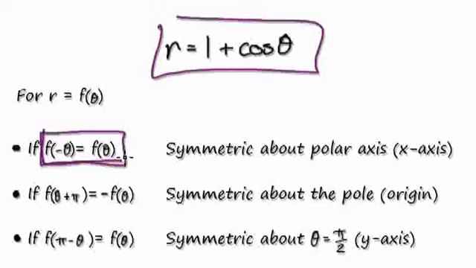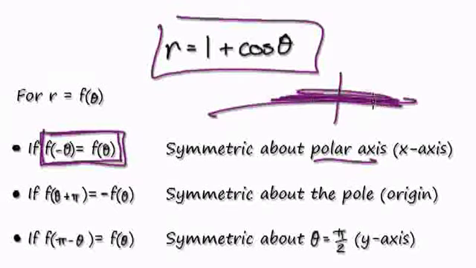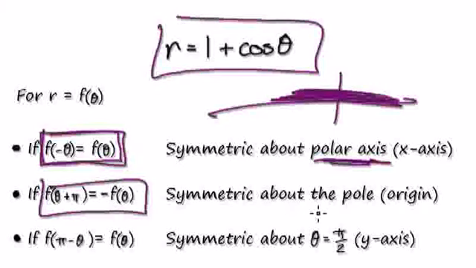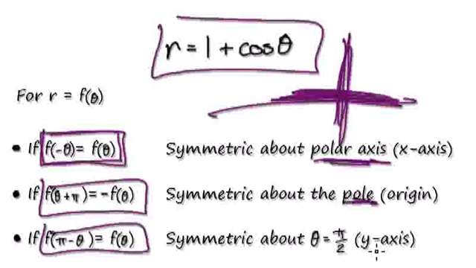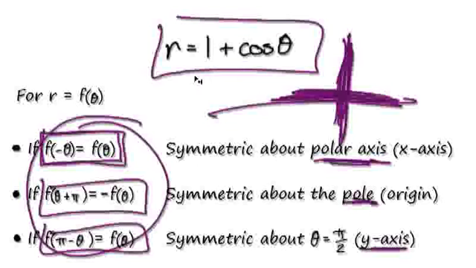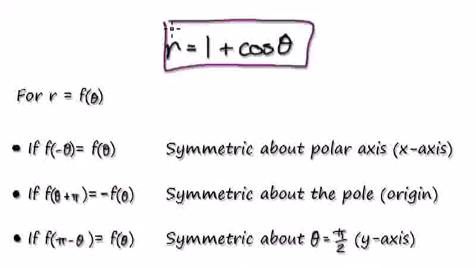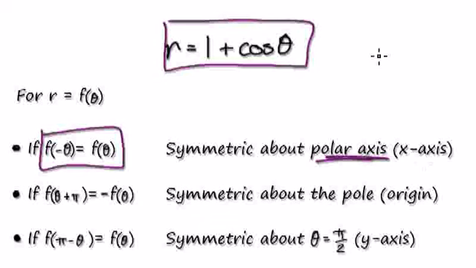When this is satisfied, then it's symmetrical along the polar axis. Whenever this is satisfied, then it's symmetrical along the pole. And whenever this is satisfied, then it's symmetrical along the y-axis. So we've seen these before. So now, as it turns out, this thing here is symmetrical along the polar axis, or along the x-axis, because